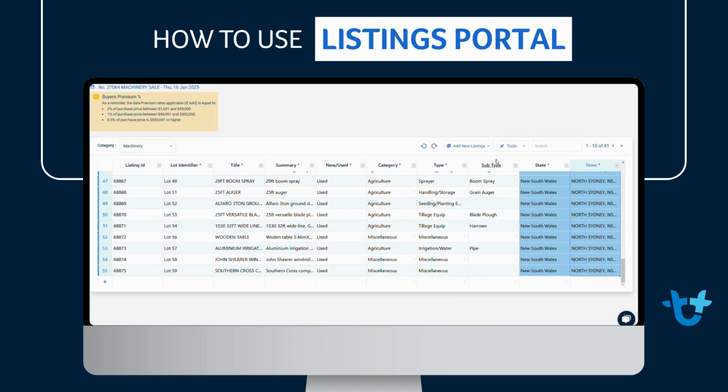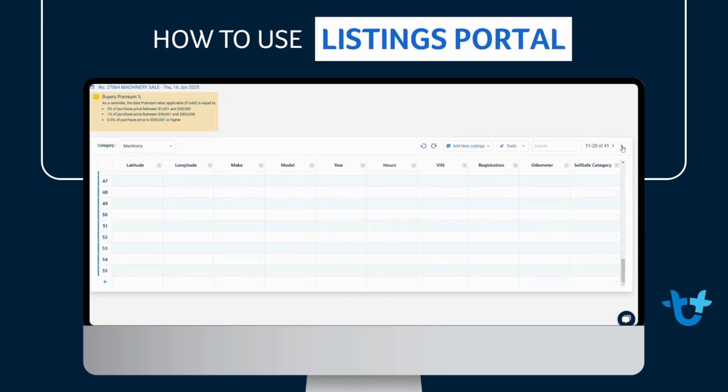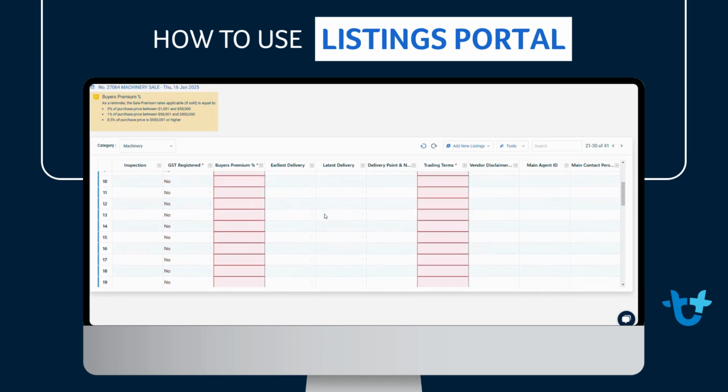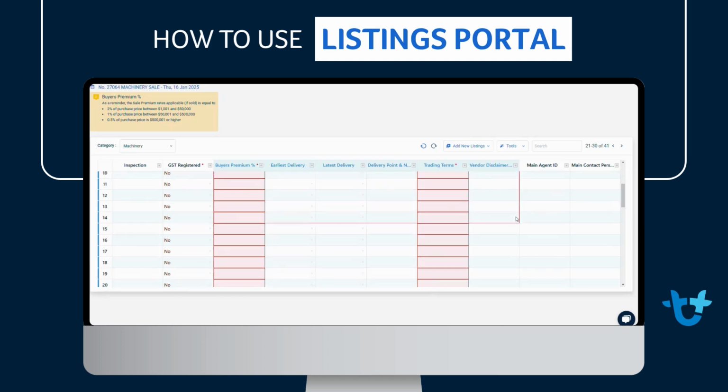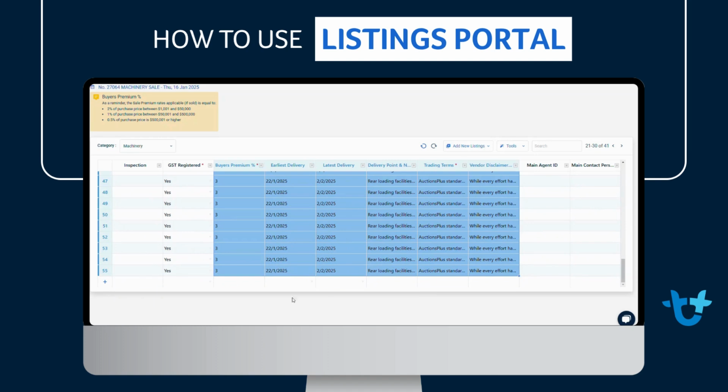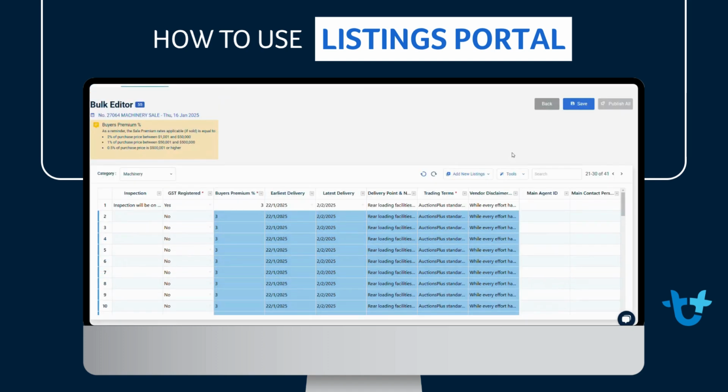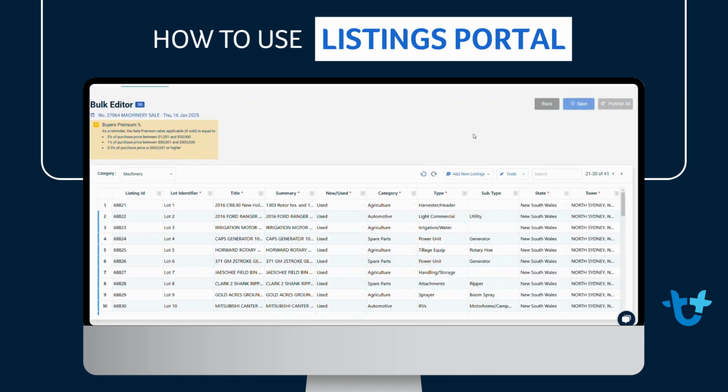Now we have other fields that we have to enter, so we're going to click the arrow to scroll across. There's nothing on this page, but there is on this page. So if we scroll to the top, the buyer's premium is going to be free, as we've said. These are our delivery dates, our trading terms, and vendor warranty. So we can do the exact same thing that we did before. We can select all the way across, get the black cross by hovering over the right corner, and then select that for the entire auction. Now this is the last field that we had to edit, so we're going to hit save